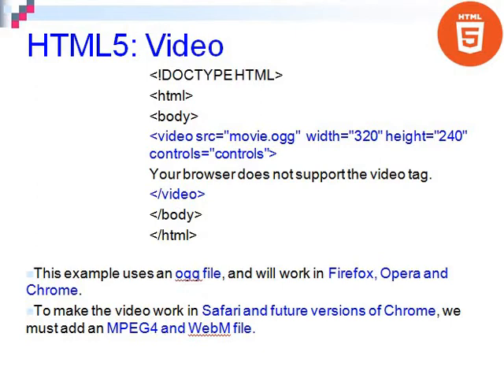It's an OGG file. If that video tag is not working, the text within the video tag will be displayed. The alternative text is: your browser does not support the video element. That will be displayed. We already mentioned which browsers support the OGG file. Chrome supports all types of files.